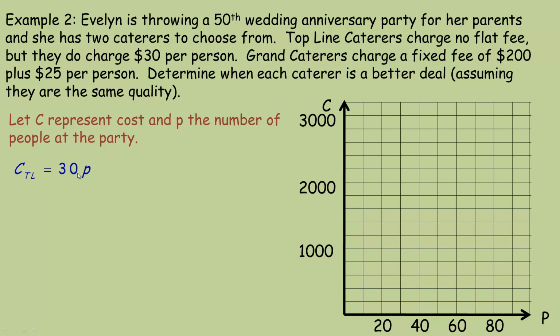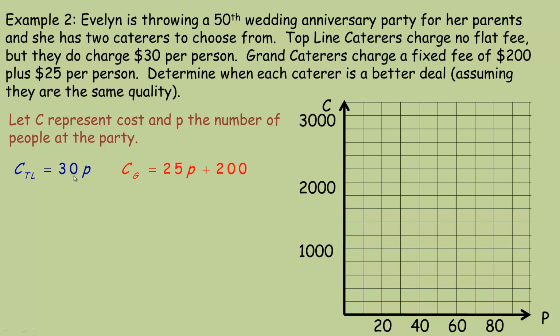And so let's graph, actually I'll write out the second equation too. Grand Caterers, they charge a fixed fee of $200, so there's the fixed amount. This is a partial variation if you remember back to grade 9. And on top of that, they charge $25 per person. So it's $200 plus 25 times the number of people. So now these are both in y equals mx plus b form, and